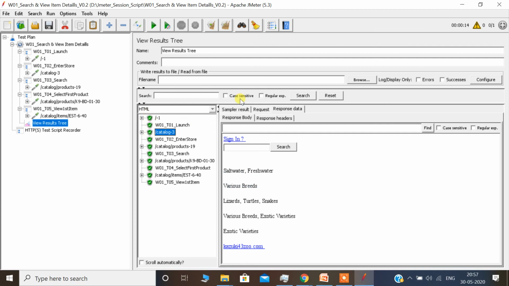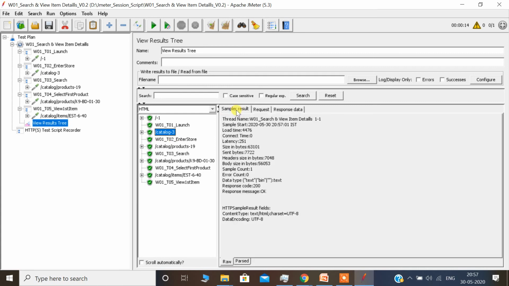What I was saying, these green ticks: by default, they are there because the response code, if you see the sampler result, is 200. Whenever the response code is in the 200 series or something like 300, 302, 305, JMeter, or all the tools, LoadRunner and every tool, just considers pass or fail based on these status codes only, unless we add our own checkpoints. In JMeter these are called assertions. By default status code 200 or 300 is pass and 400 and 500 is failed.